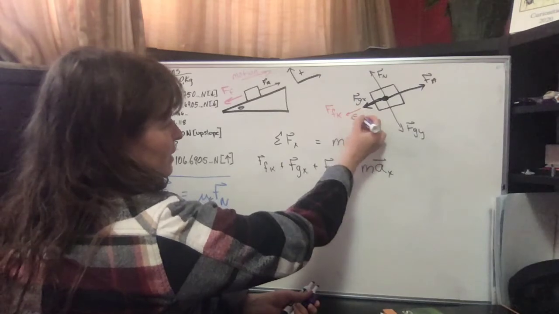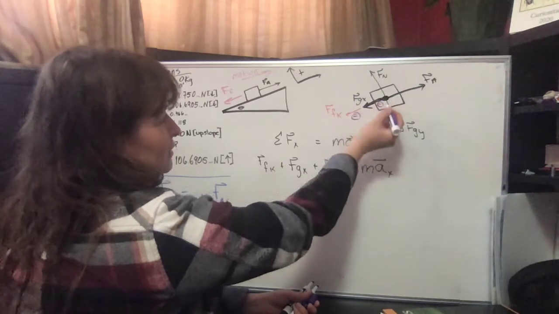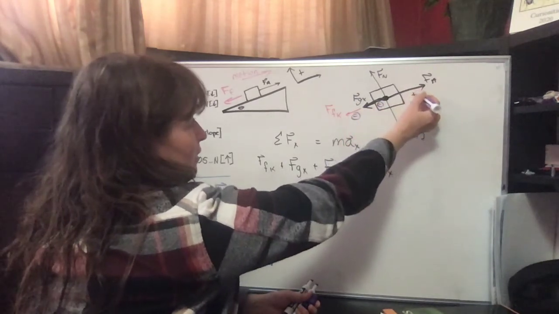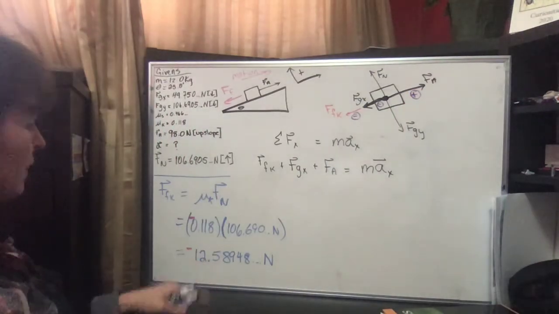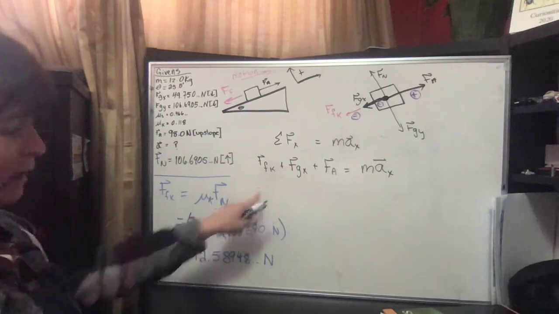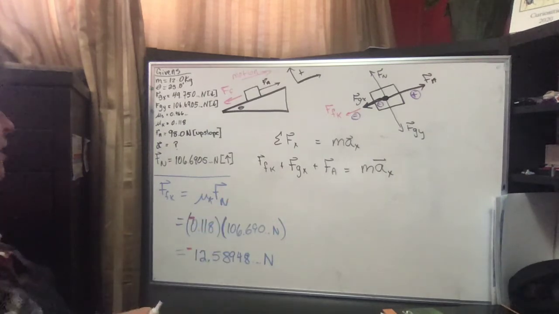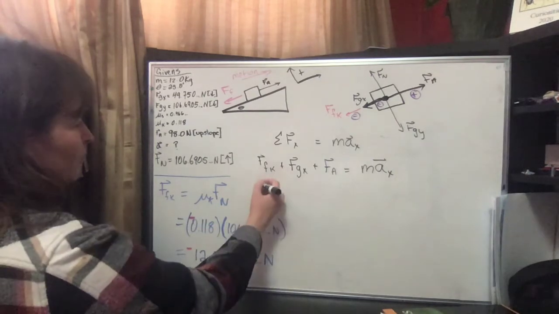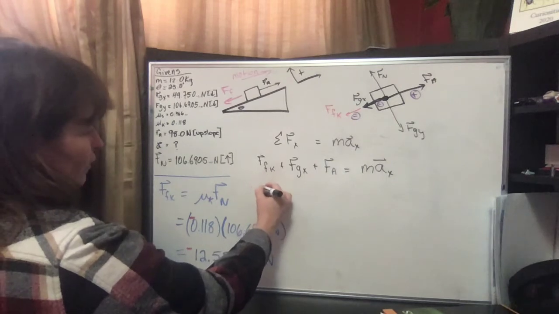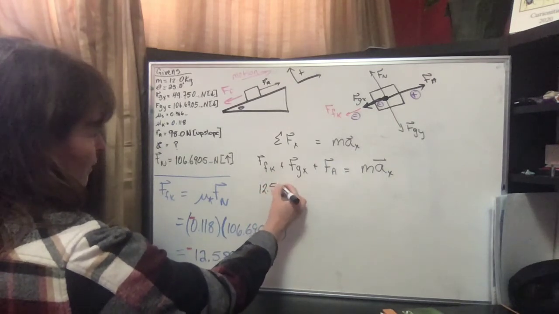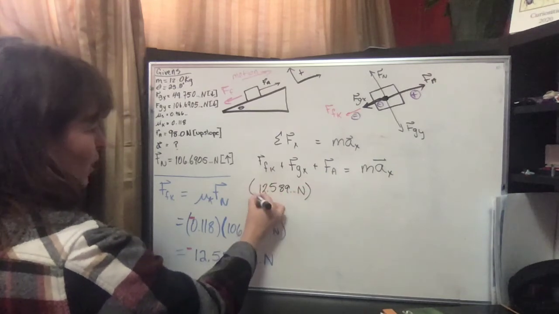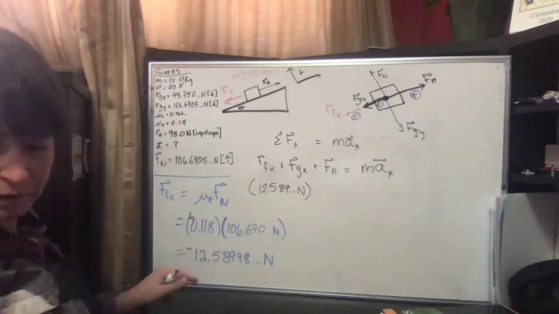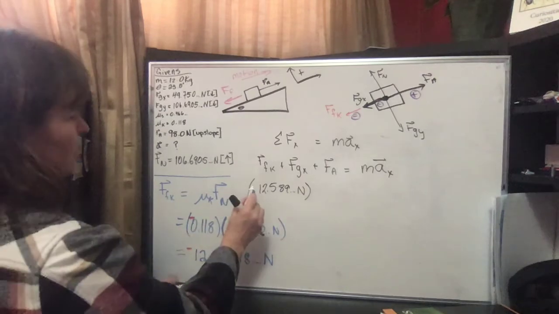So friction is negative, force of gravity in the x is negative, and force applied is uphill, so it is positive. All right. Now that we have that value, we can go ahead and plug numbers into our equation. I'll start off with kinetic friction. That's my 12.589 newtons. Just putting it in brackets for clarity, and reminding myself that that is down,